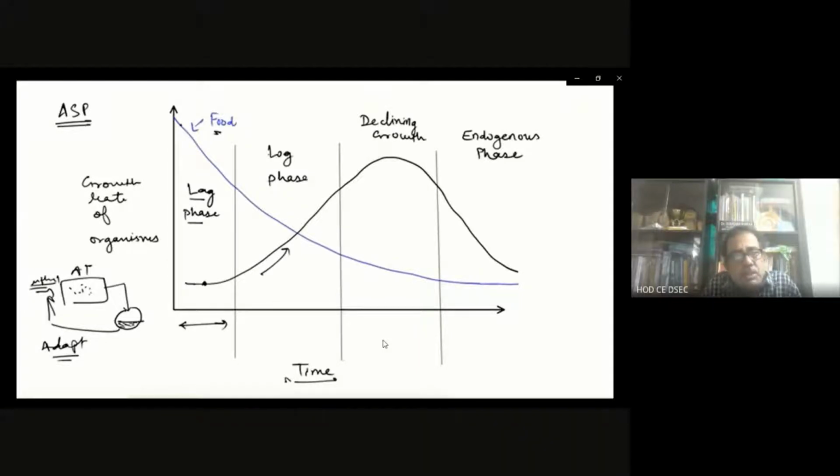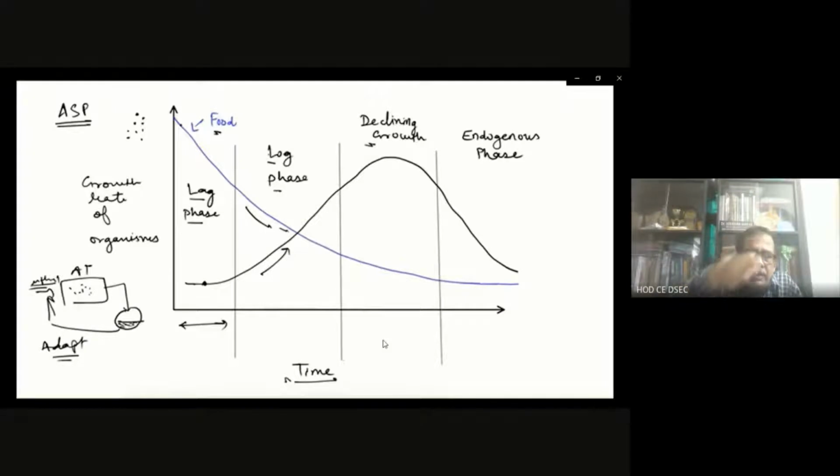So immediately growth cannot happen. Now when the lag phase process is shown, you see that by the arrow I am trying to show you the log phase, where the increasing growth rate will occur. That means biomass will utilize the organic matter and substrate, and there is an increasing rate of the biomass. Simultaneously, I am showing you in the arrow the food is decreasing, that is, the consumption pattern is increasing.